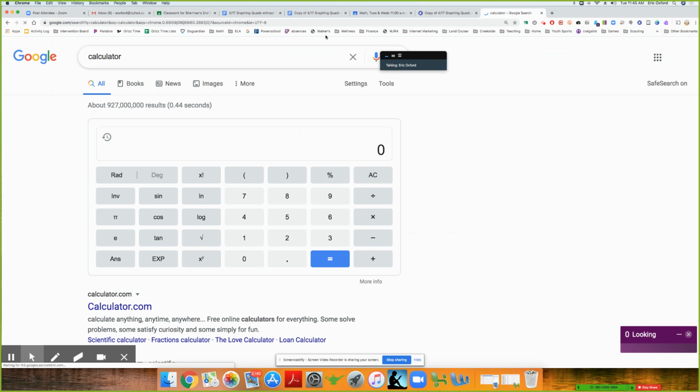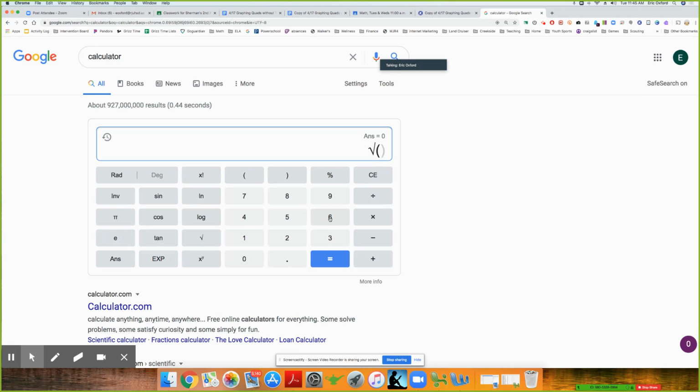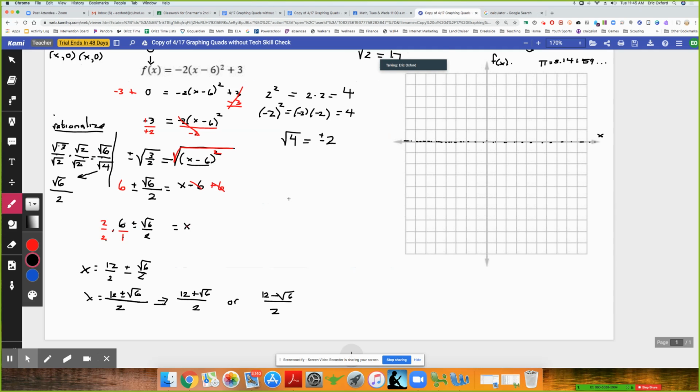Okay, so now I want to do the square root of 6, and we're going to round it to the nearest tenths place. And you can see square root of 6 is not rational, so I'm going to say 2.4, because there's my 4 in the tenths place, and then there's a 4 in the hundredths place. And if that was a 5 in the hundredths place, this 4 would be 2.5. But right now it's going to stay at 2.4, so jump back to the work I was doing. So this becomes 12 plus 2.4 over 2. And then this one becomes 12 minus 2.4